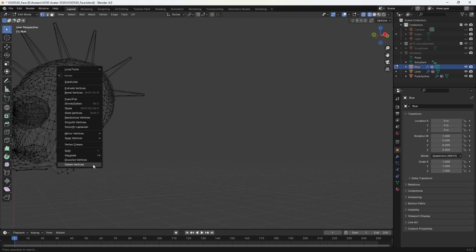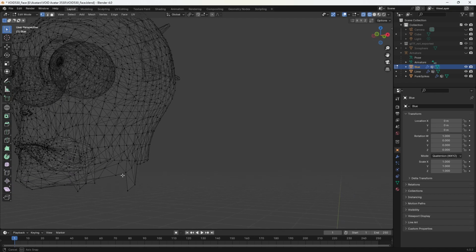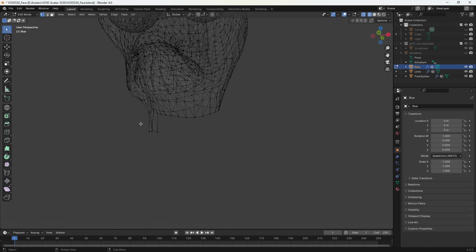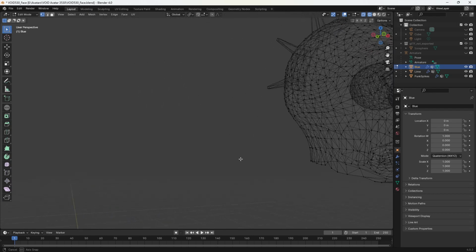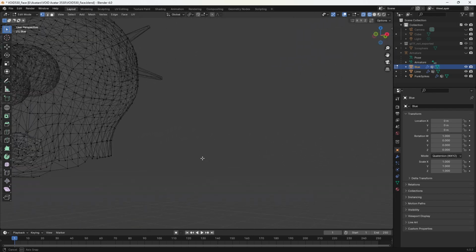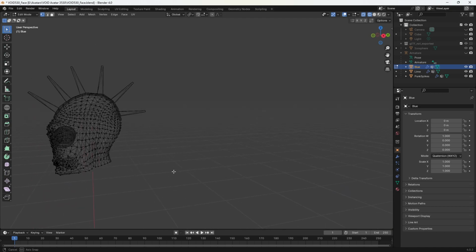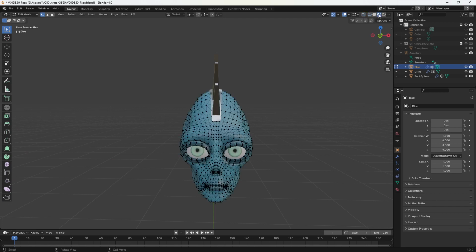This one can go, and then this one can go, and those can go. So now we should have a nice face. Yeah, this looks good. So this will be the face that we'll use